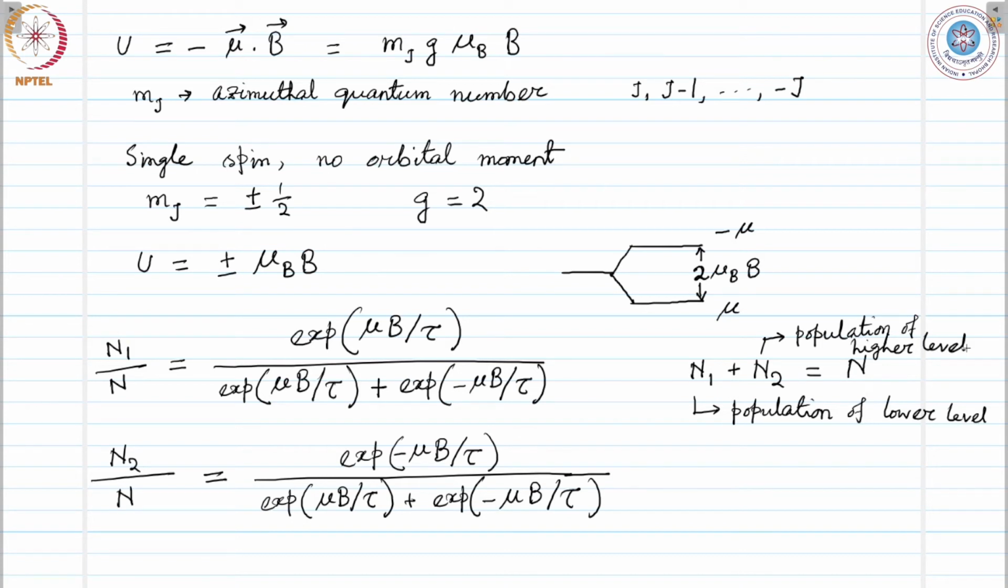N is the total population. With this, the projection of the magnetic moment of the upper state along the field direction is minus mu and the lower state is mu. The resultant magnetization for n atoms per unit volume,